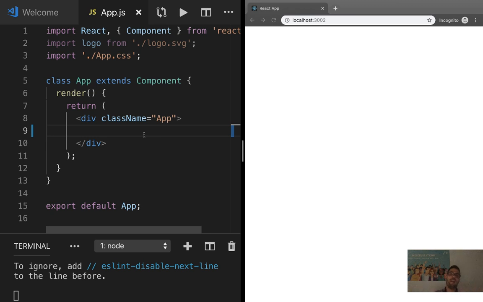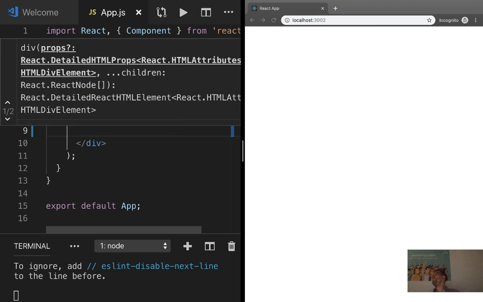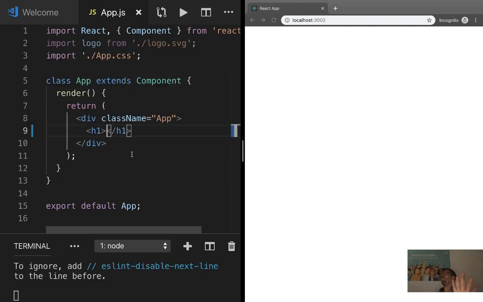So, the first thing I would like to do is to set a title for my app. To put a title, do you know how to put a heading in HTML? No? Big text. How do you put big text with HTML? H1. H1, thank you. We have coffee in the corner, right? Maybe some of you need it. So then we can put the title,